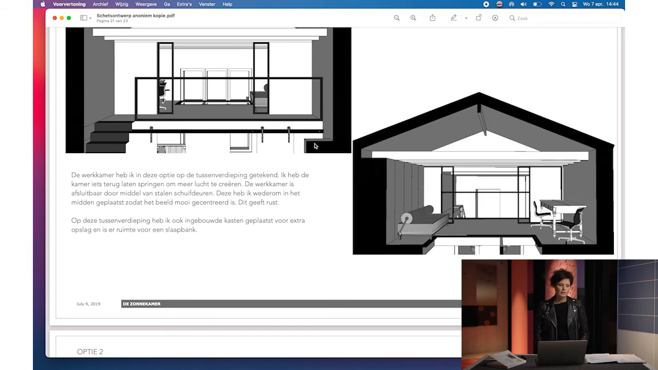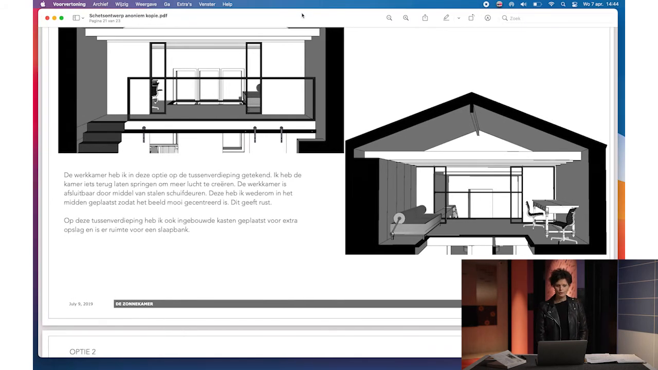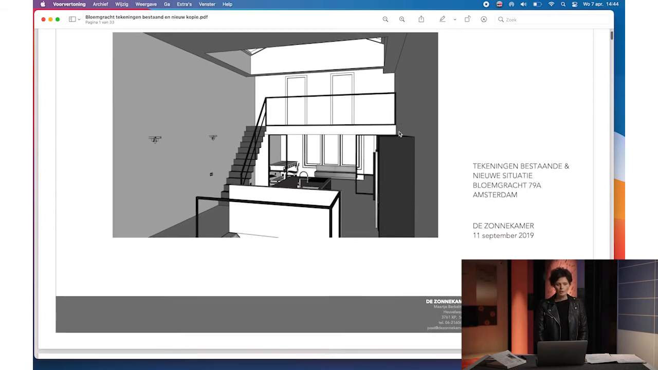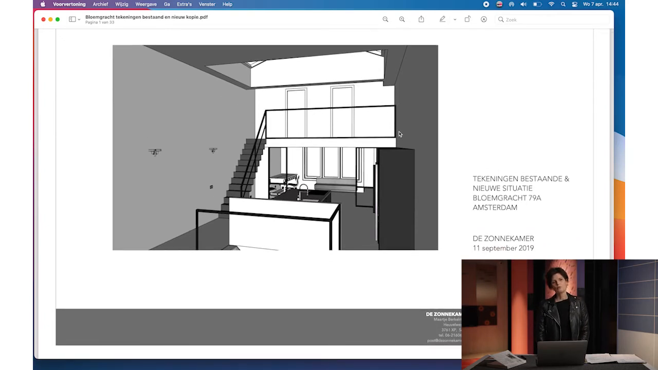So I want to show you that also these kinds of drawings you can easily make with layouts. And I will open this version of the drawings right now for you. So these are the drawings that I made for the contractor. And usually when you make drawings for the contractor,